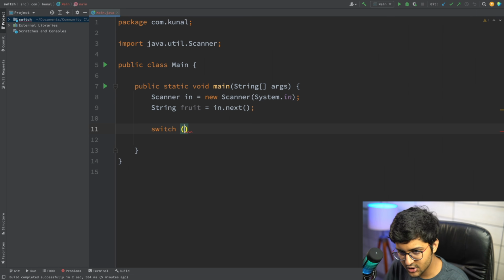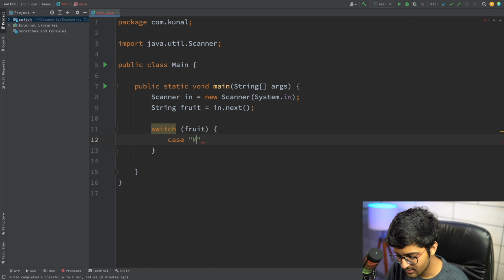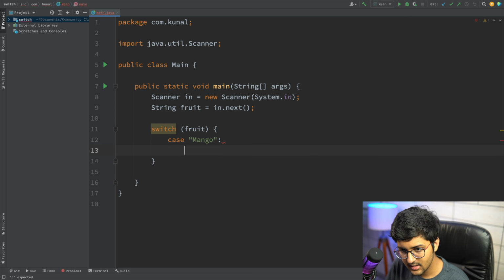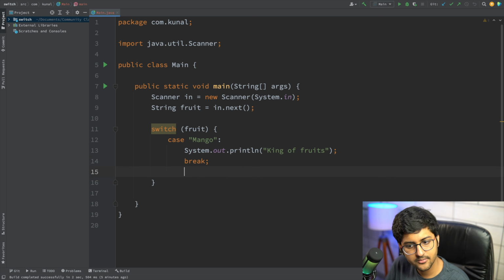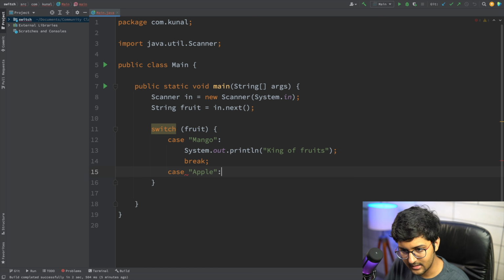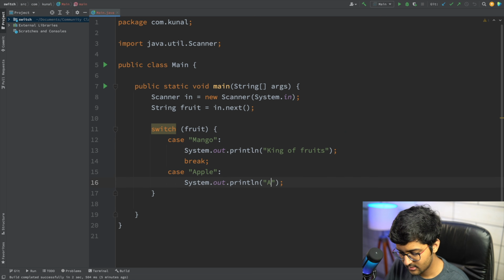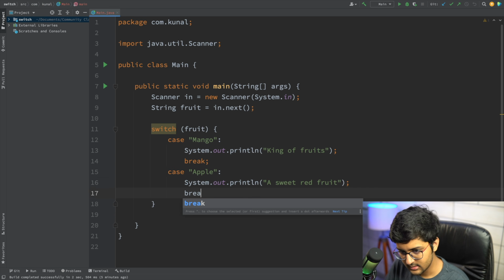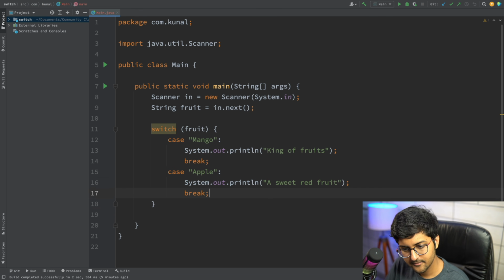So switch, my expression will be fruit, my case 1 will be mango, and I'm just going to print king of fruits. Break condition. Second will be apple. I can say sweet red fruit, and I'm just going to say break.